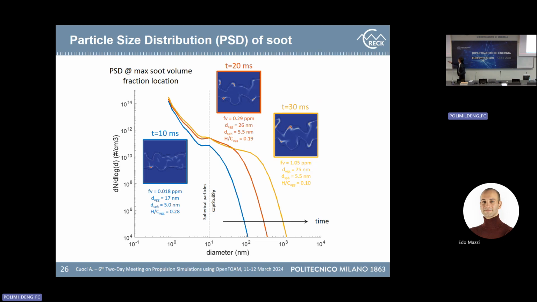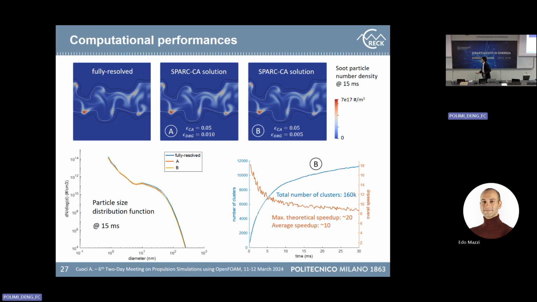Of course, as you can see here, as expected, the mean diameter of the soot particles and aggregates increases with time because of surface growth, agglomeration, aggregation. But the point is that actually this technique, this reduction technique, SparkCA, is able to describe in a proper way with good agreement, not only the main